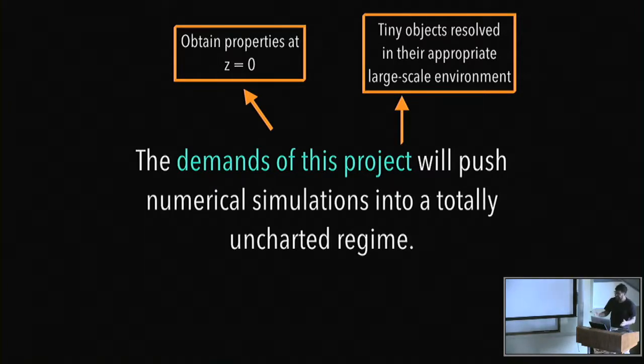If you can imagine trying to resolve an Earth mass halo, so 10^-6 solar masses, inside a 500 megaparsec type volume. Now, if you want to resolve something of the mass of 10^-6 solar masses with, say, only 1 million particles, that would require a particle mass of 10^-12 solar masses, right? Which, if you put that into a 500 megaparsec volume, would require 10^31 particles. So clearly you don't want to do that.